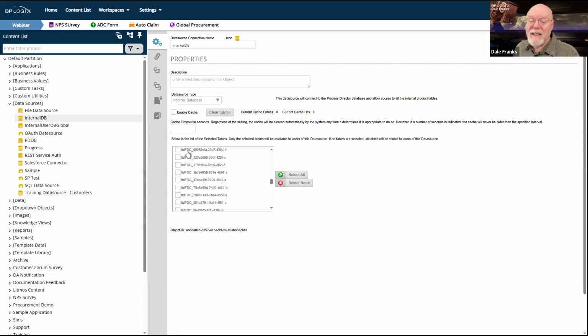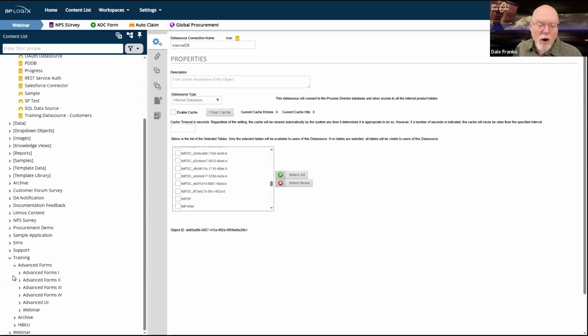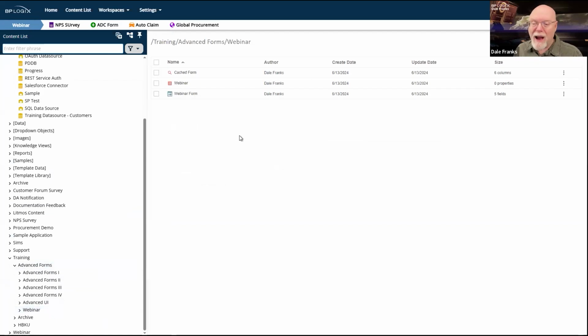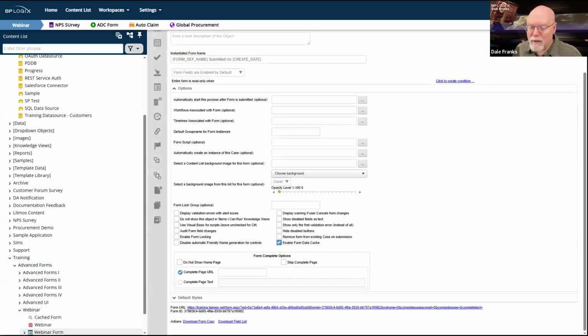Table FDC_ tells me that it is a form data cache table. That's what FDC means. So these are all of my cached tables inside this installation of Process Director. Now, this string of letters and numbers afterwards refers to the GUID of the form definition. So if we go back to our form and open it up, we can look down at the very bottom of the screen for the form ID,